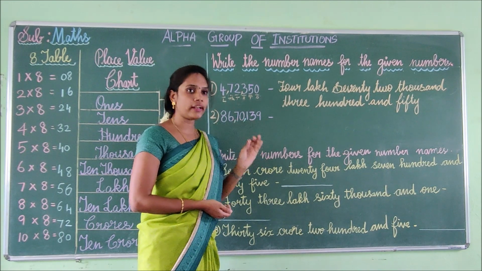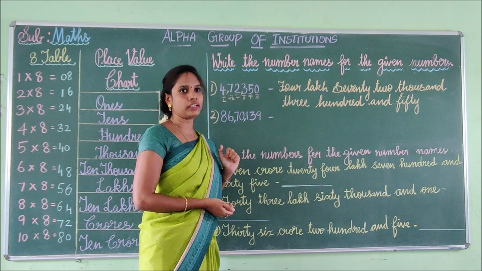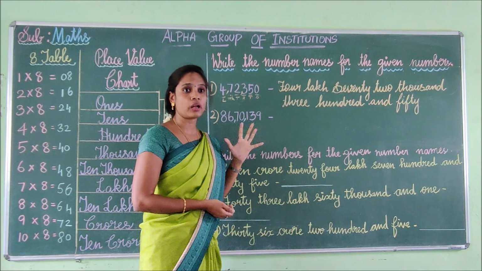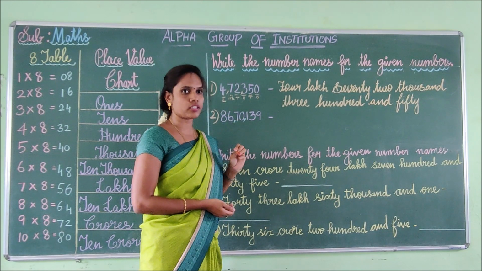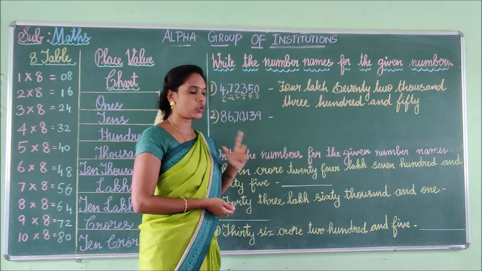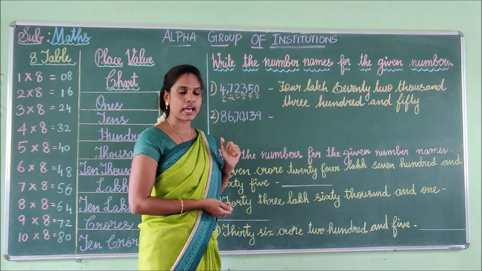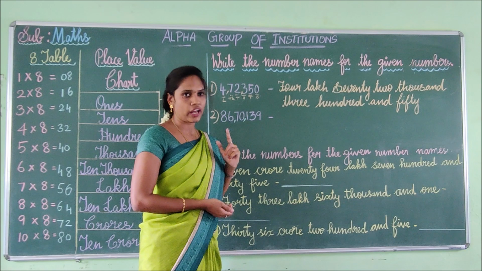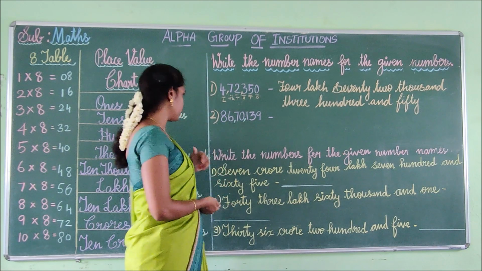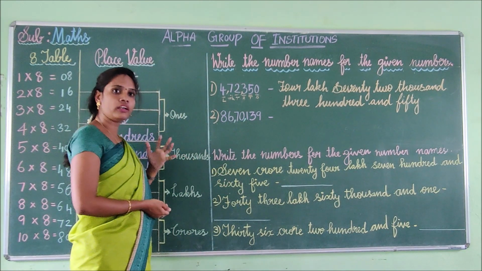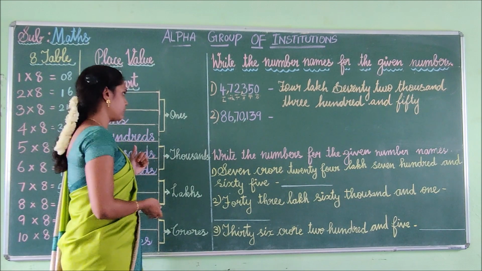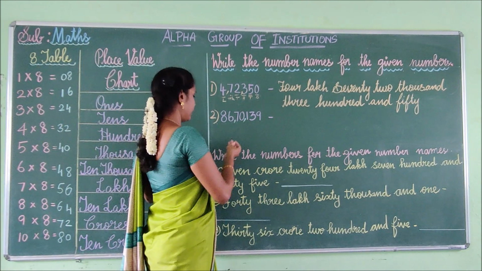So that you can easily identify the numbers. Identifying the numbers is very important in mathematics. So you should be very thorough with identifying the numbers, as well as you should know the place value, children. Fine. So it will be very useful for your daily life. See, now we can write the place value.